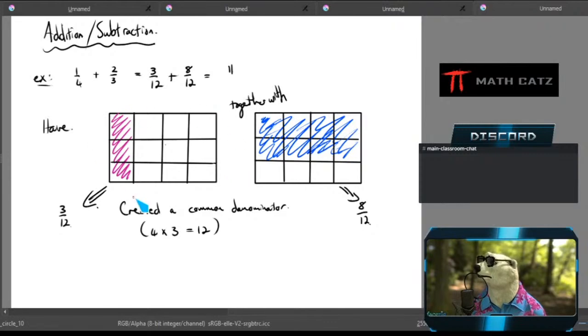How many pieces does it take to make a whole rectangle? 12. Therefore, our answer is 11/12. Now, I will stress again, it is on record, on video. I will quote this video if you say anything later on. This is not how you answer the test question. This is now